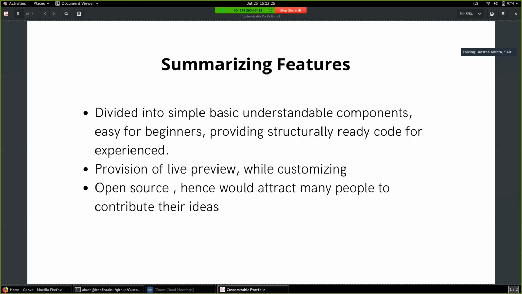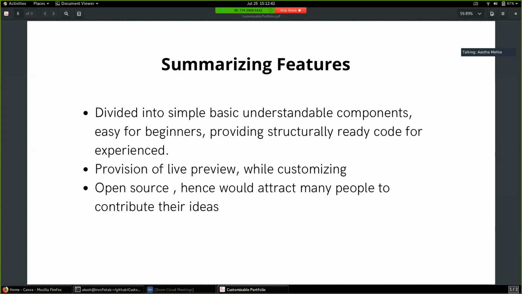Okay. So summarizing the features of the site, it is divided into various sections, where each section would have basic understandable code, which will be easy for users to comprehend and then build upon for their actual portfolios.